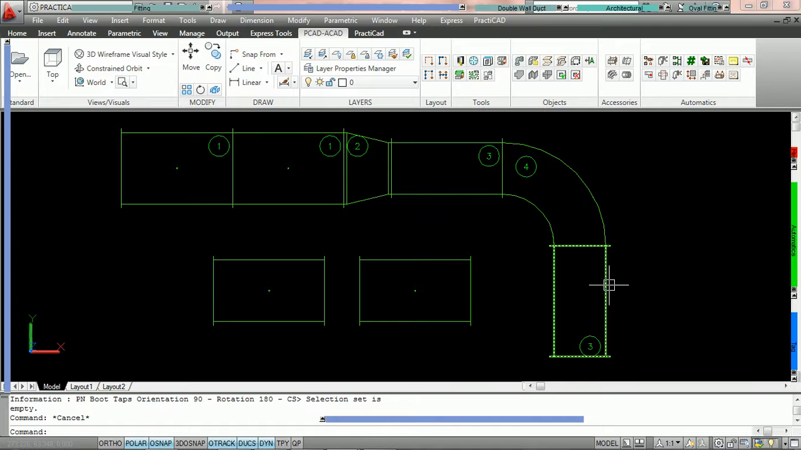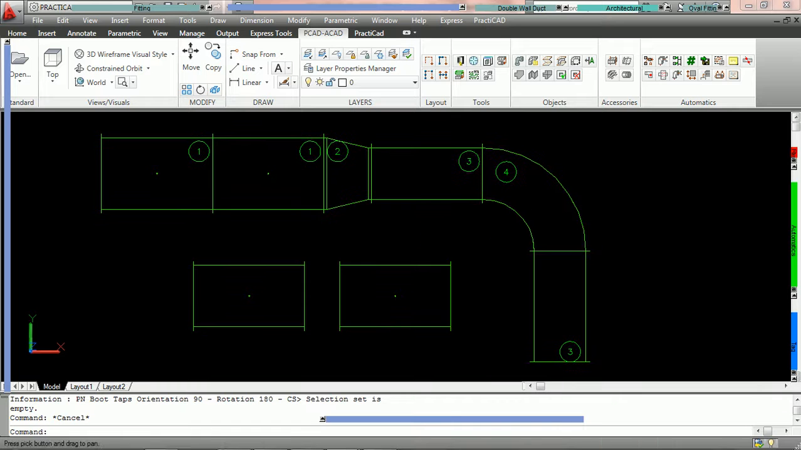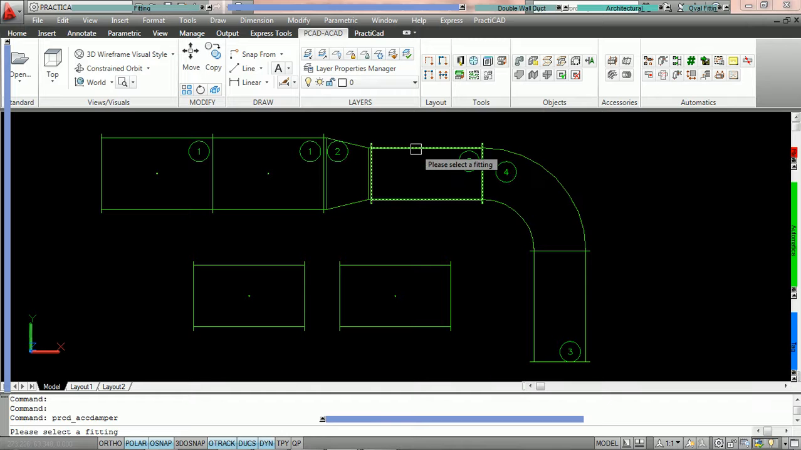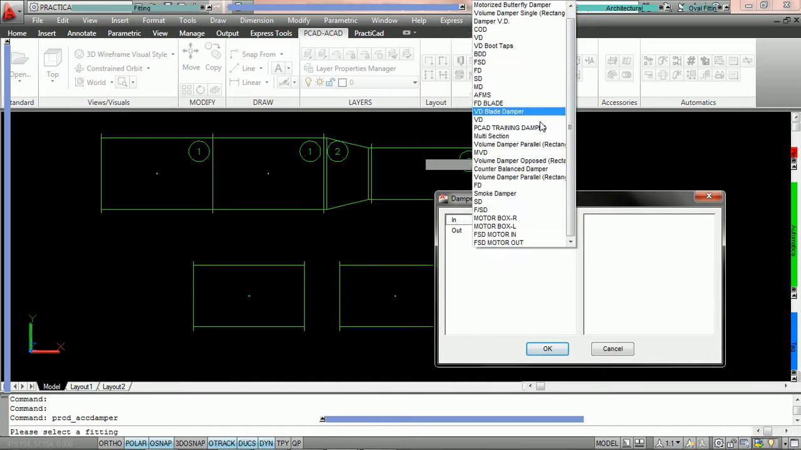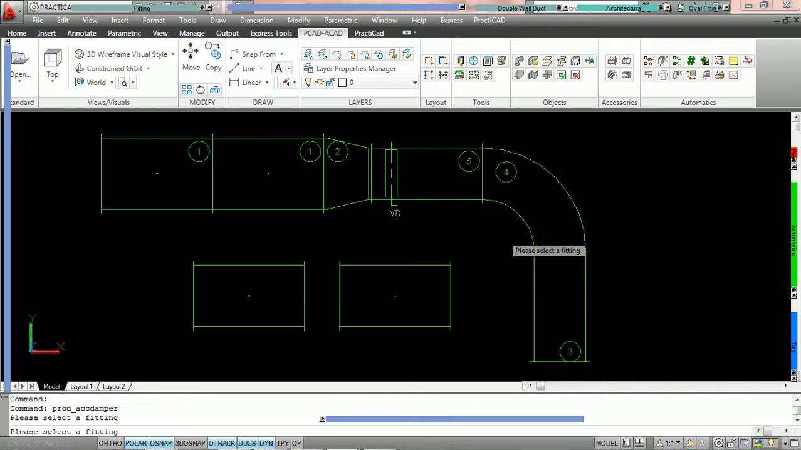it gets the number 3. Now, once you're in this mode, PractiCAD is going to stay in this mode until you come out of this mode. Which means that if I were to add, let's say, a damper into this fitting here, and we say let's put in a VD blade damper and press OK. The second we go to make an edit, you'll see that PractiCAD has changed the piece number, because when you go to change or edit or add a new fitting,